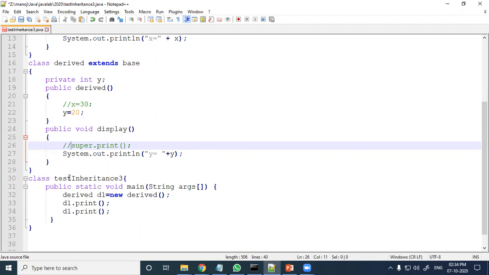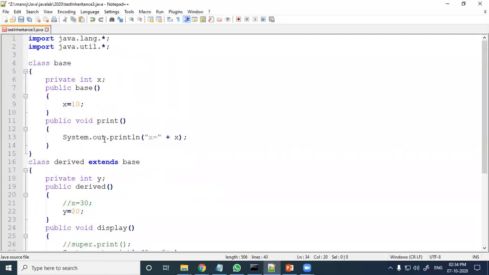Then here in the main function we have created the object of the derived class, that is d1. Here the space is reserved. Then d1.print means it will call the print function which is present in the base class.